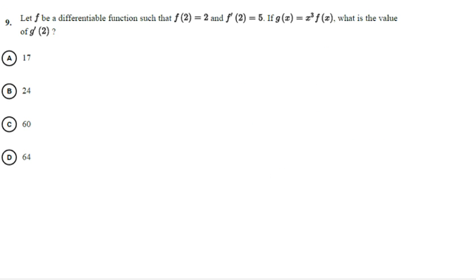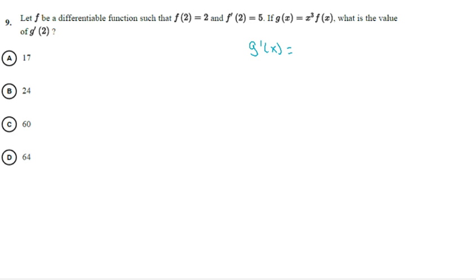All right, we have this differentiable function. We're given these different values. We want to know what is g prime of 2. We need to recognize this as we got our product rule going on here. So g prime of x is going to be,